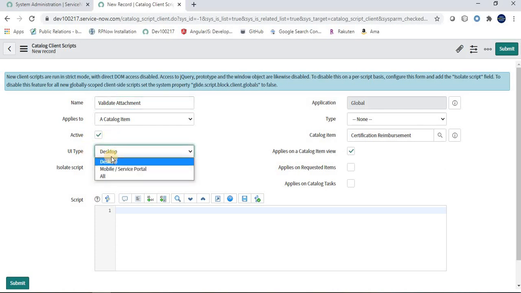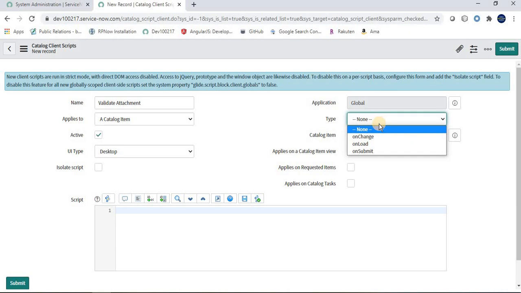For UI type, you can select any, so I have selected desktop. Then we have application type catalog item. The catalog item is certification reimbursement, and the most important part is type, which says when you want to run this script. You can run on change, which means when any value on a field gets changed, you run the script written over here, or on load, which means when the form gets loaded, you run the script, or